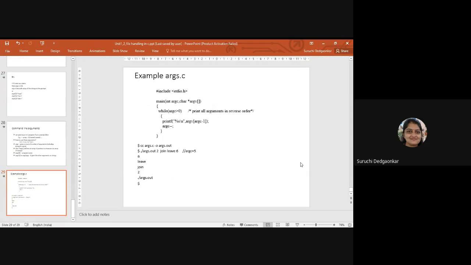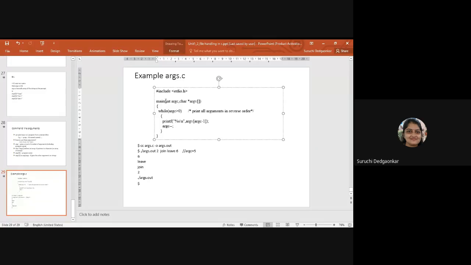Okay, so see this program, example of the command line argument. There is a program main in which main is having parameter ARGC and char pointer ARGV. So here I am telling that we have to collect the command line arguments when the program is getting executed.